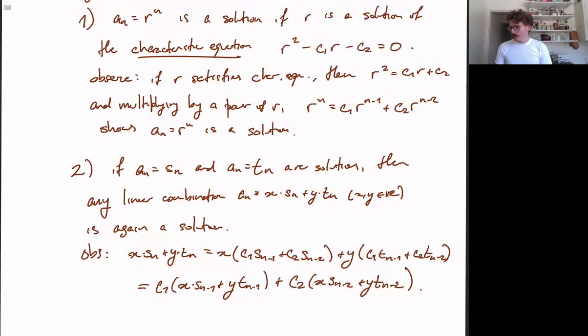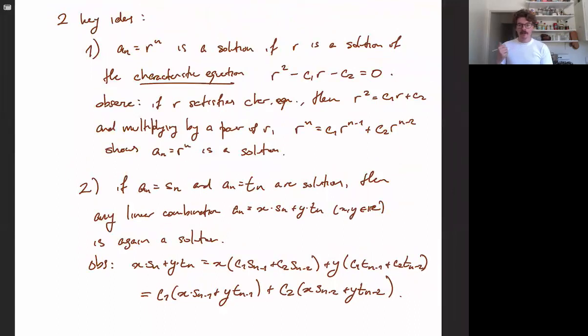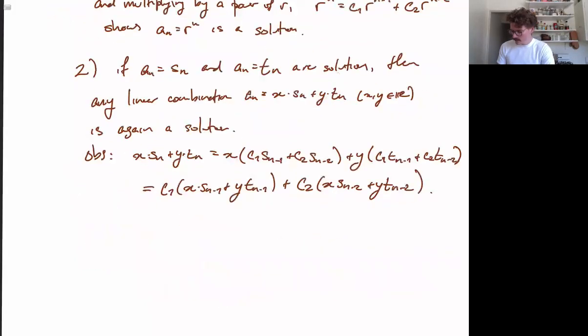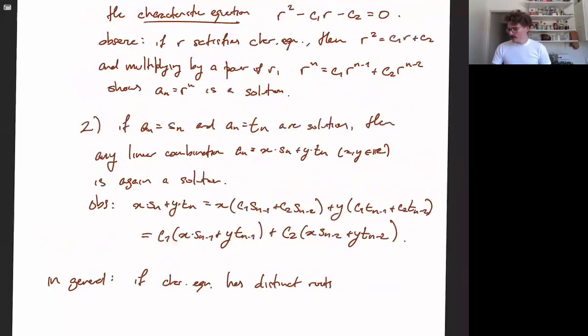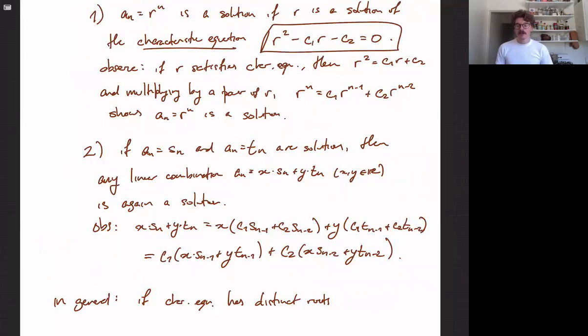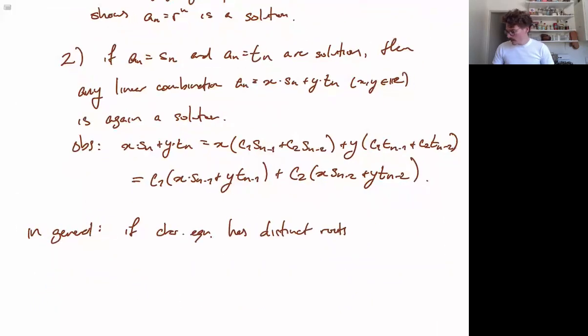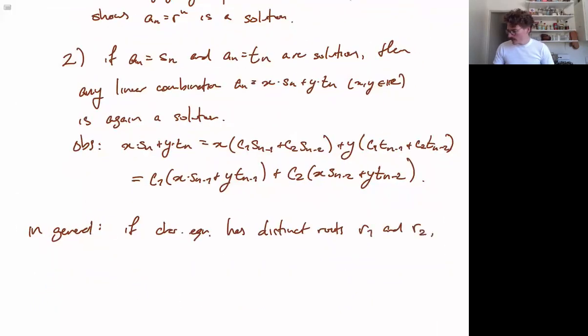So essentially, these are our two ways of building solutions: use the roots of the characteristic equation and then take linear combinations. And it is a fact, if the characteristic equation has distinct roots, so in this case, it's a polynomial of degree 2, it can either have two distinct roots or it can have a double root. So in the case that it has distinct roots, r1 and r2,